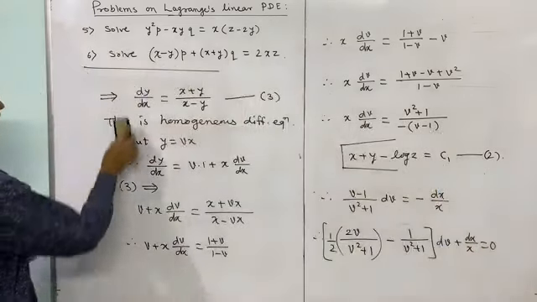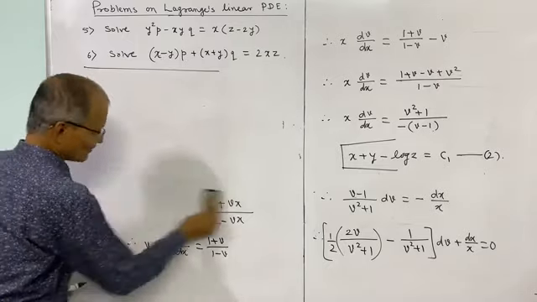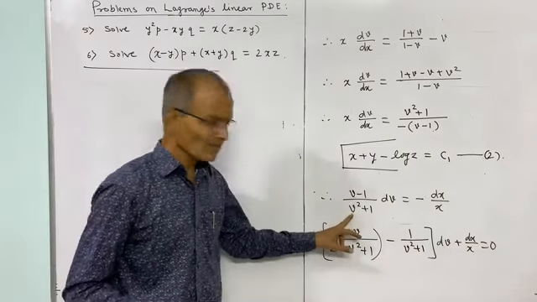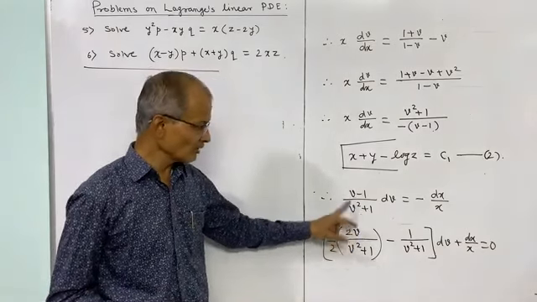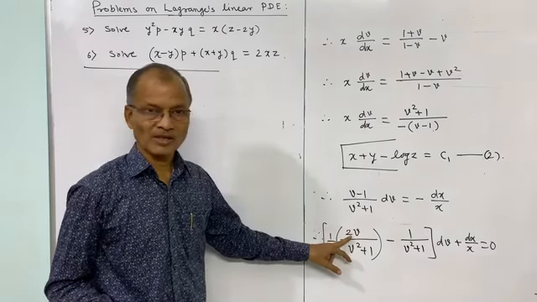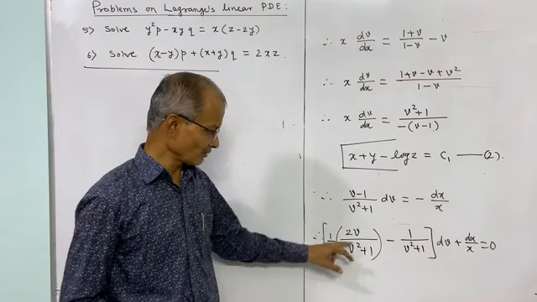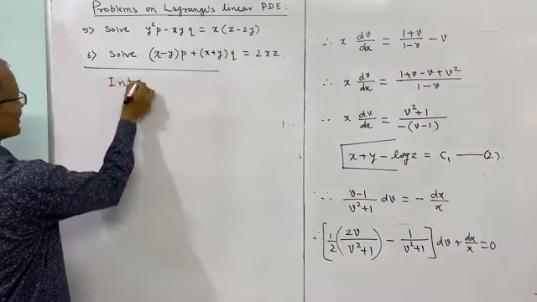Now we can easily integrate it. Integrating, what we shall get. This is the adjustment done for the first term, because the derivative of the denominator is 2v. So I have written the numerator in the form of 2v. 2 was not there, and therefore we have multiplied by 1 by 2. And now integrating,